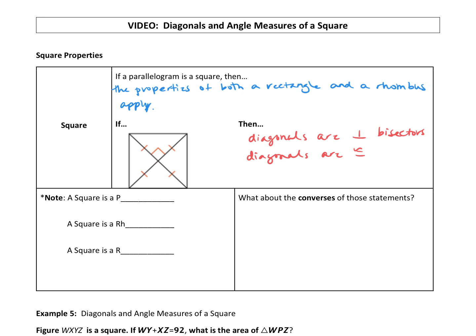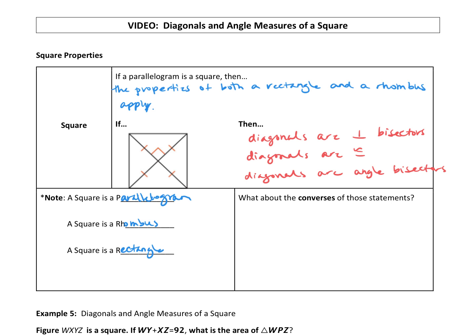And the diagonals are angle bisectors. That is true for a rhombus, which means it will be true for a square. So one thing to note, a square is a very specialized parallelogram. So a square is also a parallelogram. A square is a rhombus, and a square is a rectangle. It's probably the most specialized polygon that we have,